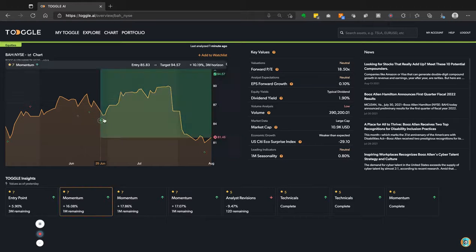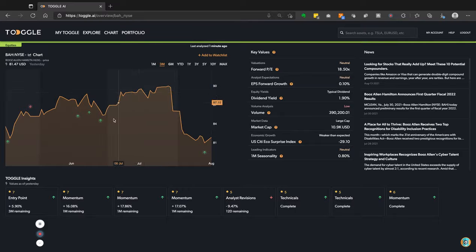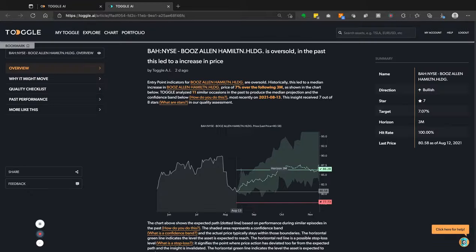There have been some positive insights that have correctly anticipated the rise from the low 80s into the 90 range. So let's see what Toggle is currently talking about and what it's looking at in order to highlight this as a potential at least halfway recovery, not necessarily all the way back to the highs, but certainly could get part of the way there. And potentially in some of the cases, it could have also reached all the way back into the highs and